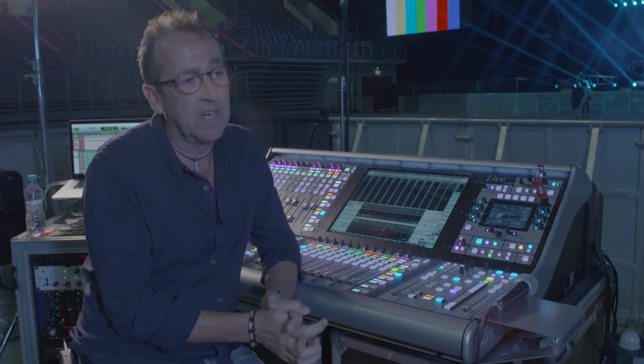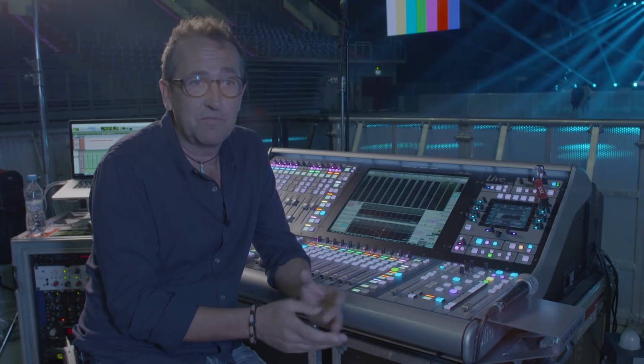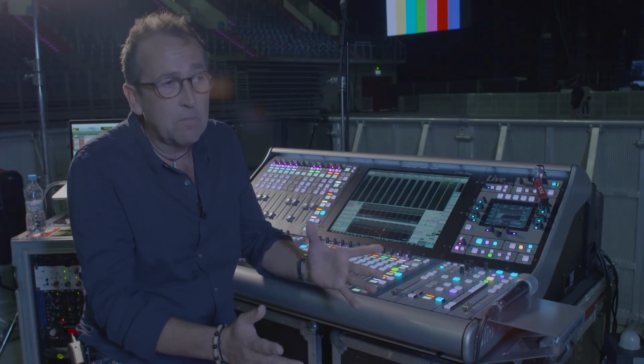I heard an SSL at a gig one night, and I found it to sound extremely open and natural with a lot of depth to it. I was looking for something else to try, and SSL were very kind and sent me one to my house, an L500, and I had it there for a couple of weeks and learned how it worked and found my way around it. It's a little quirky, it's a little different, but every console has its own quirks